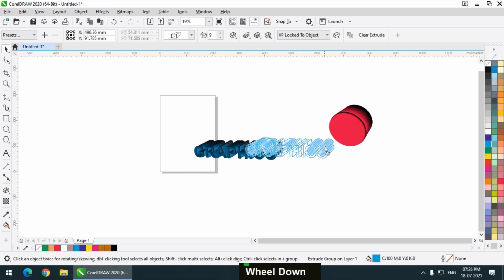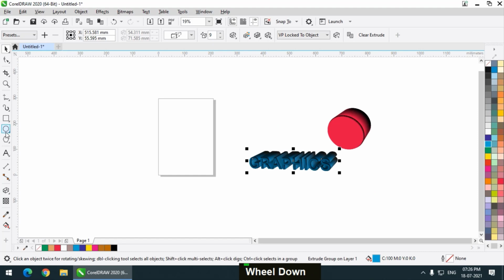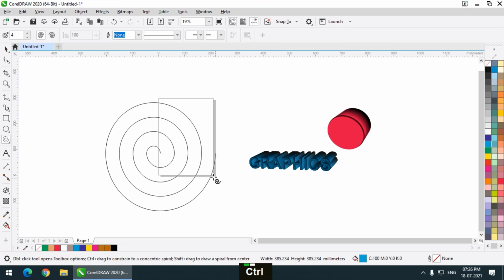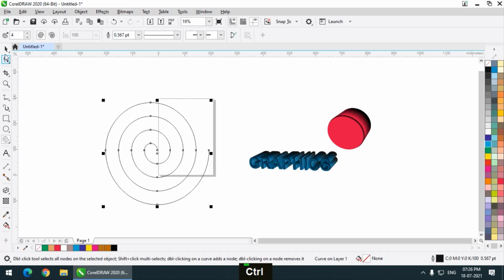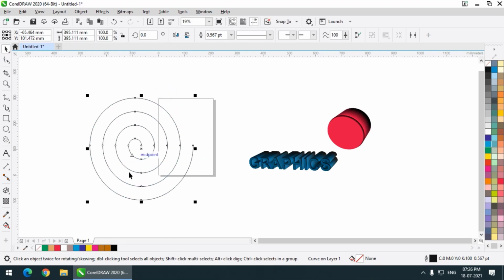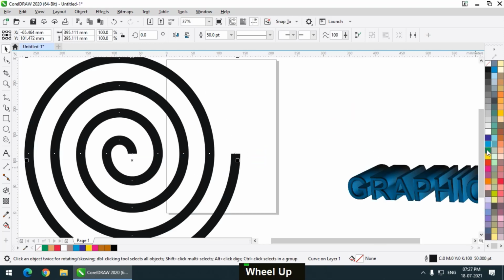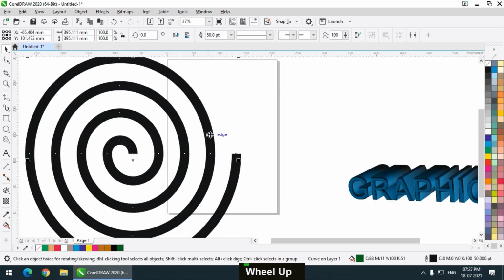I will design a mosquito coil, which is mostly used in India. So I will take a spiral and create this shape. Now I will increase the outline width. I want this one much more. Let's say I will take 50. Okay, looks good. And I want to make it dark green, so I will press and hold the left mouse button. So this is basically an outline.